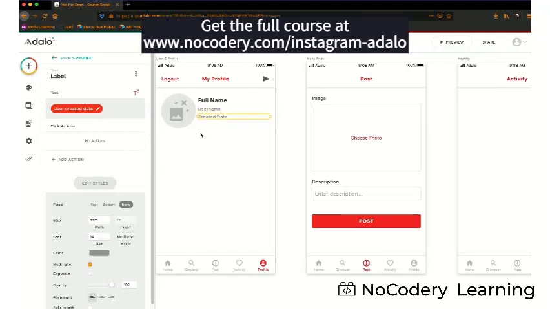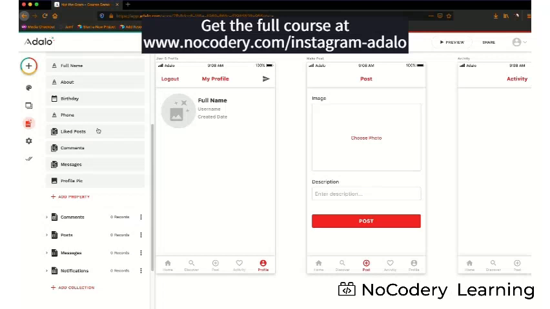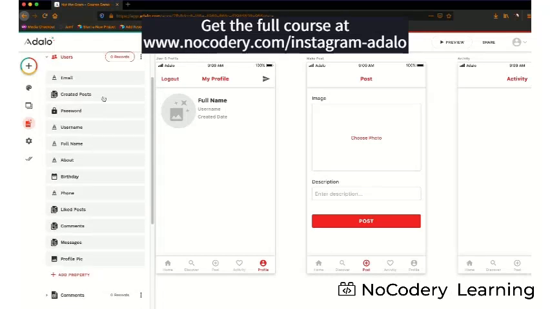display, on the actual, not the Gram app, on the real thing, you've got your list of followers, those types of things. So let's go ahead and build that out in the database so that we can actually display that information here. So in the database, under the users collection, what we're going to do in order to create followers